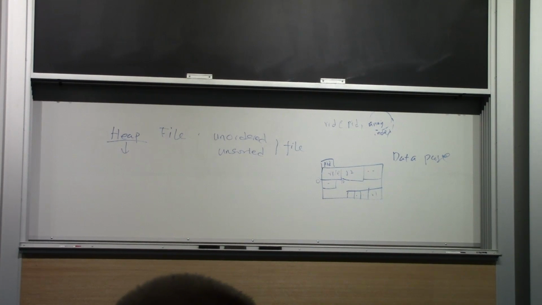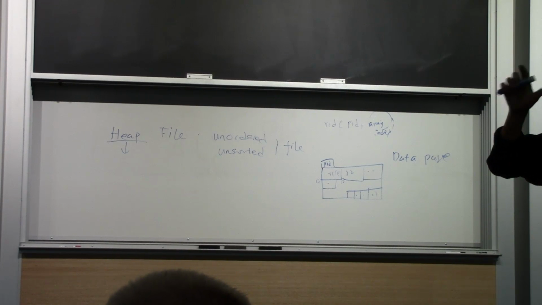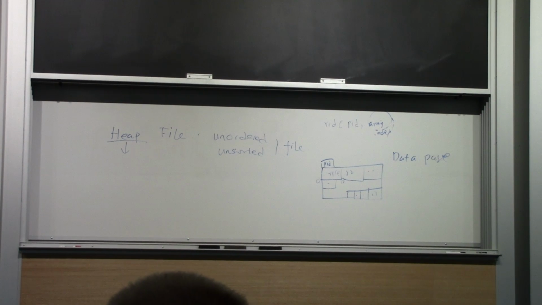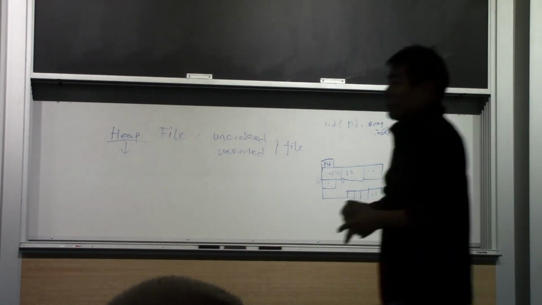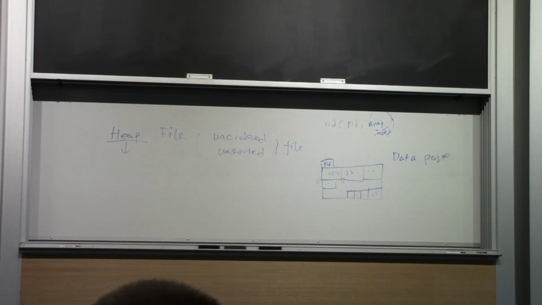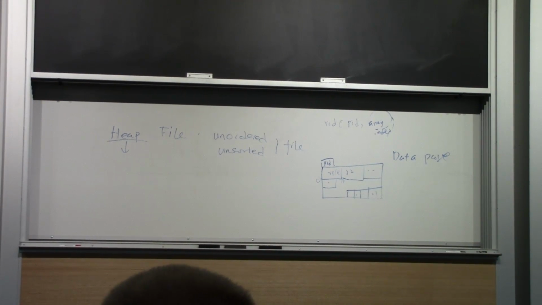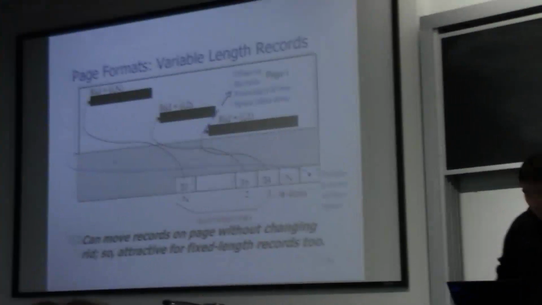Does that make sense? So all I require you to know from this class is that record ID consists of two parts. One is page ID. The other is another object that tells you the location of that record on that page. And the other thing you need to keep in mind is record ID for a record typically is fixed in a database system. So far so good? Okay. And the rest you don't have to understand. So you can safely skip the slides for the other discussions. Okay?